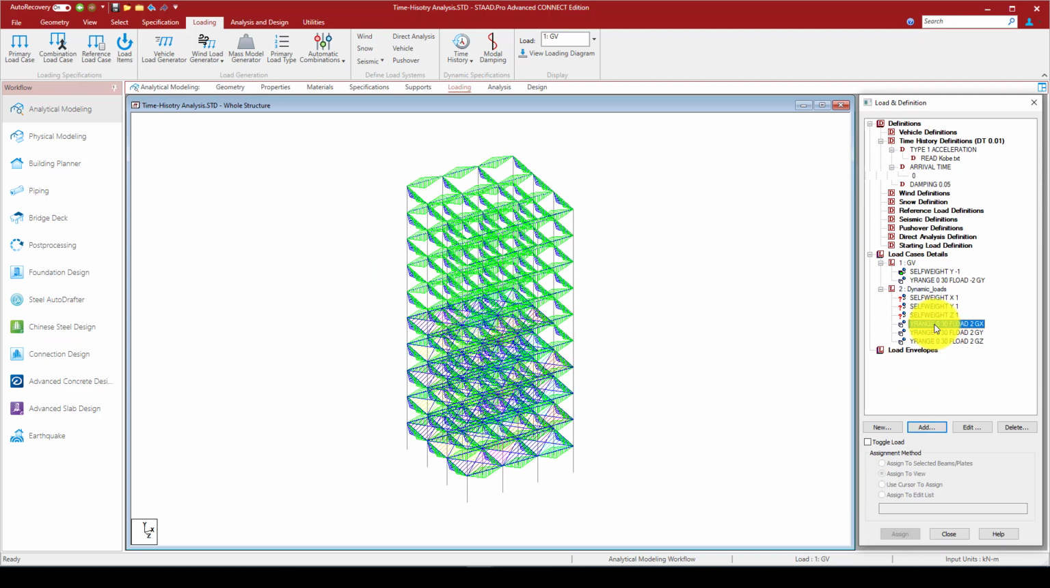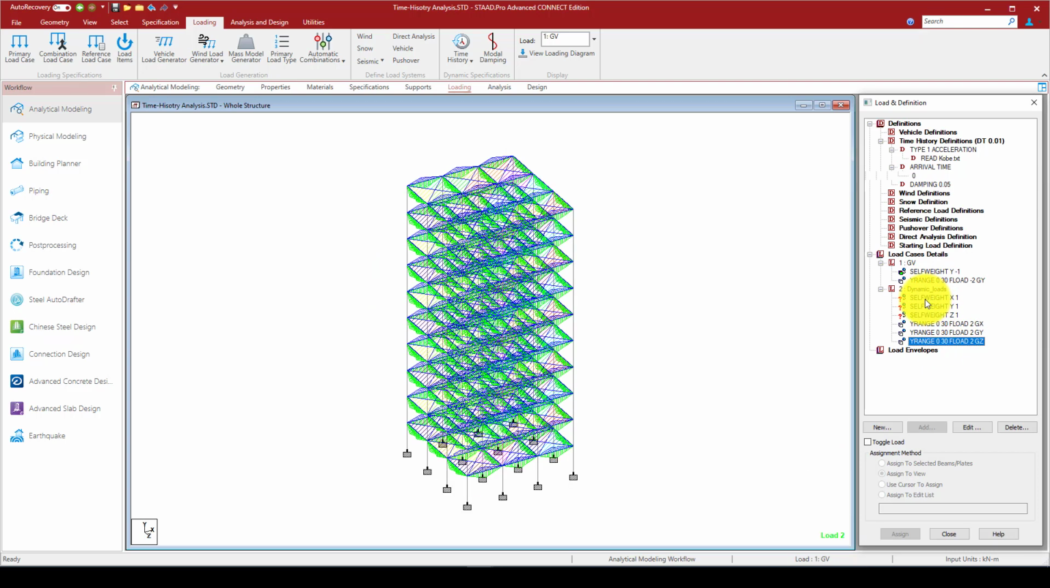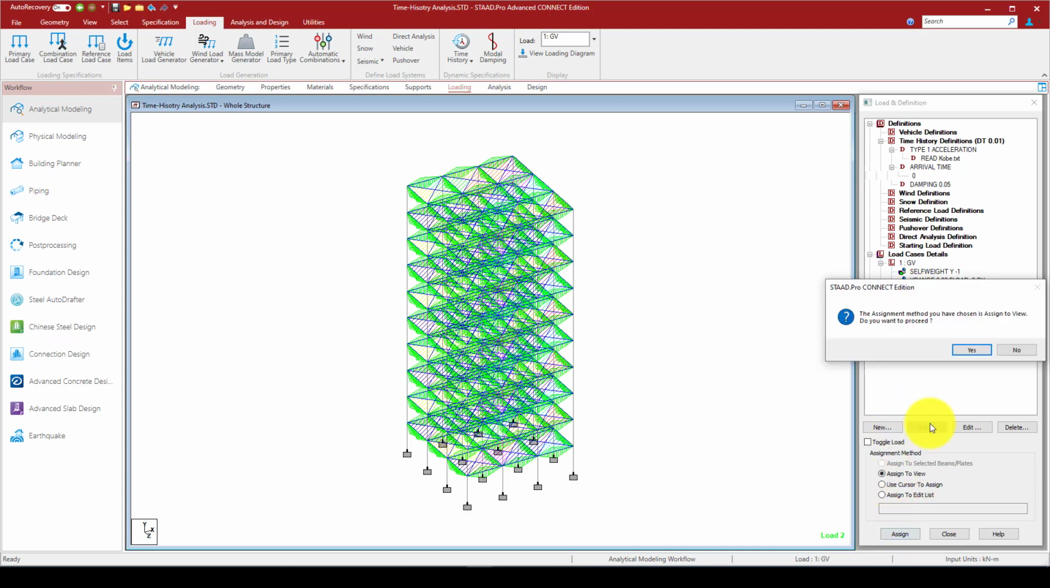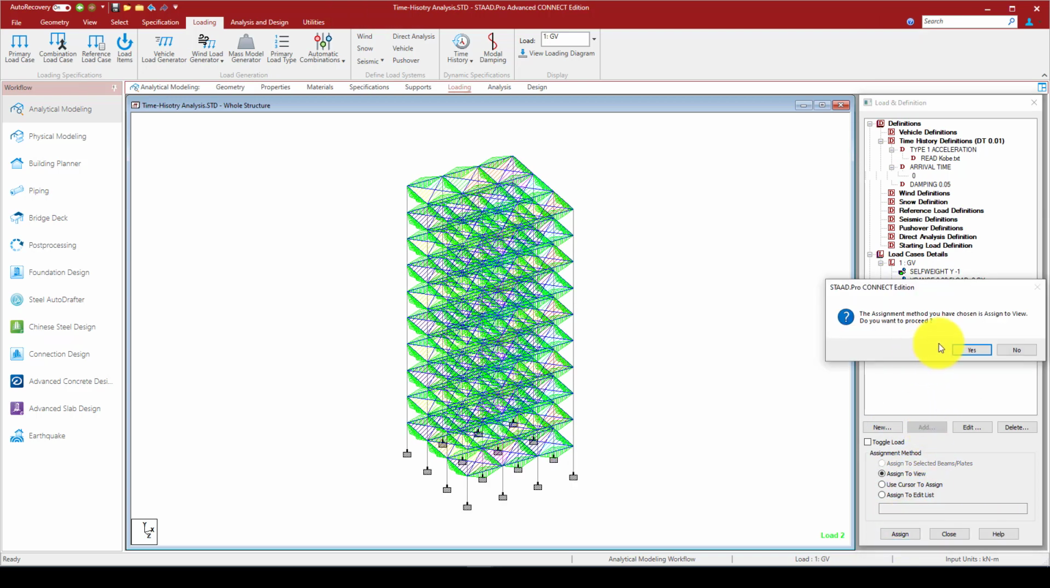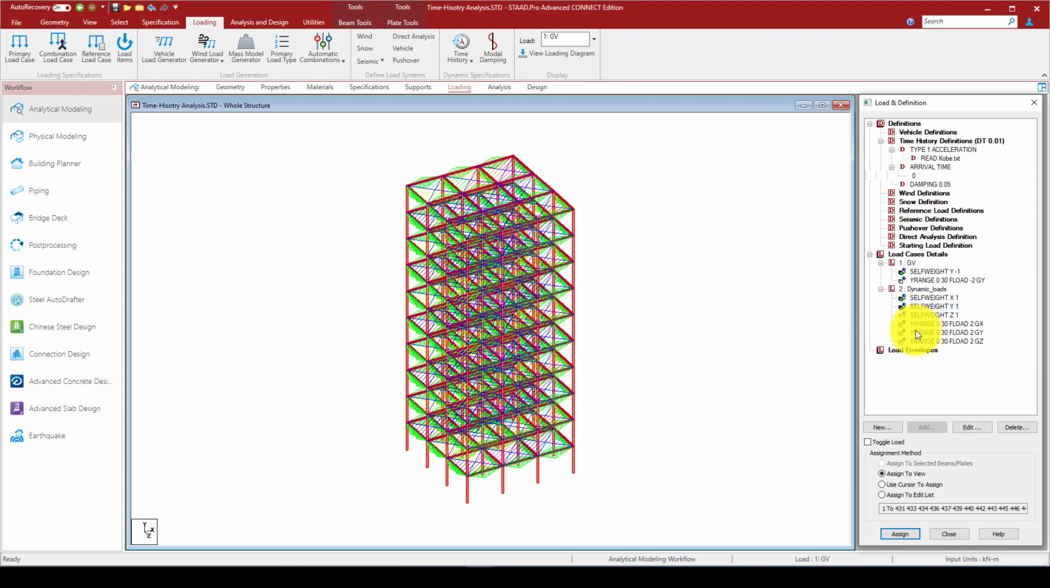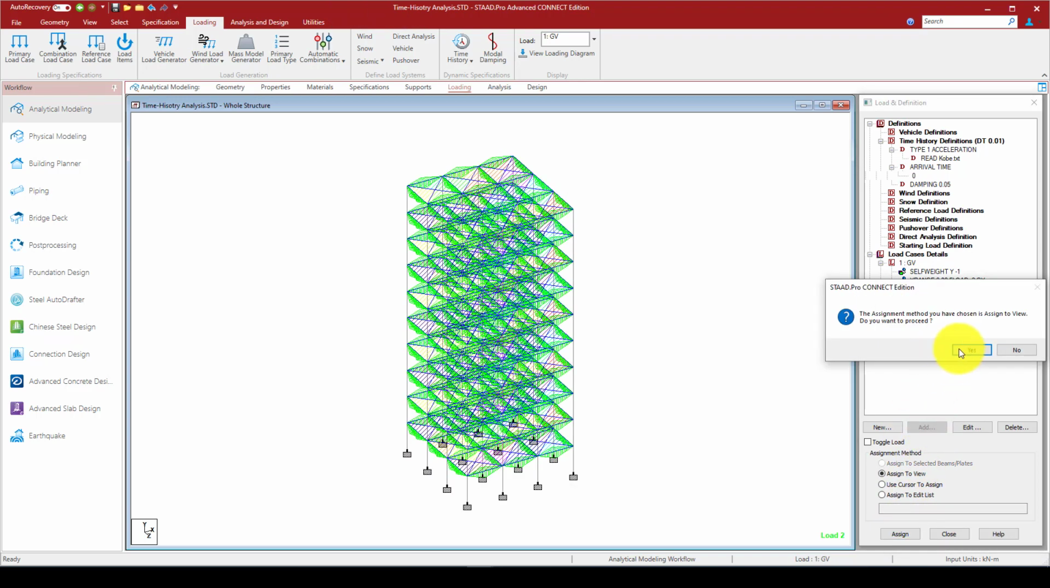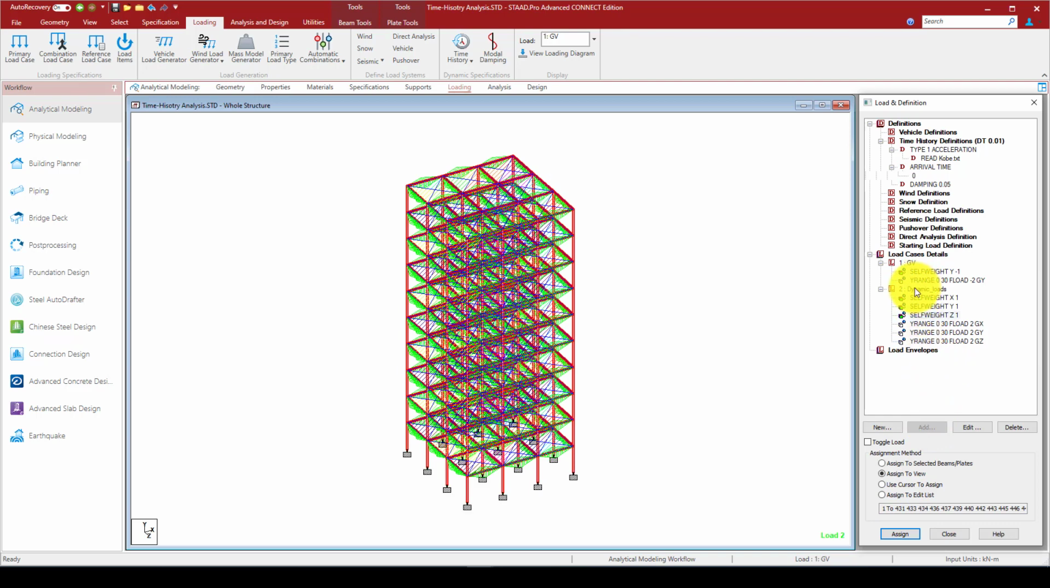Now you can see the load is applied in multiple directions. So I'm going to apply it to the view now. Apply or assign to view. Assign to view. Now the last one is